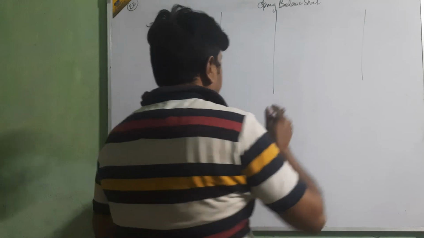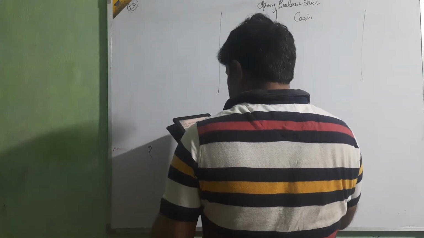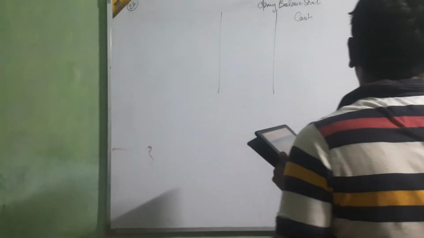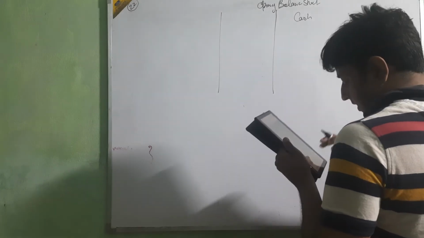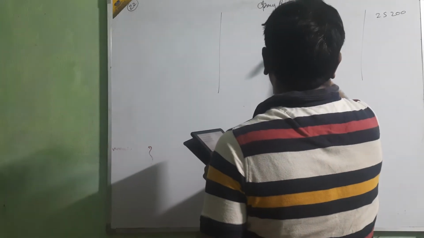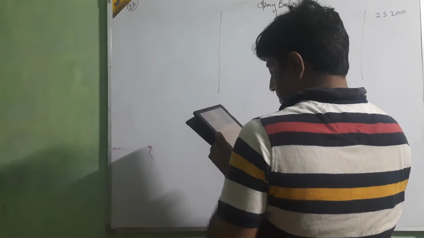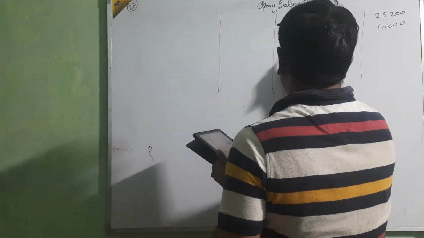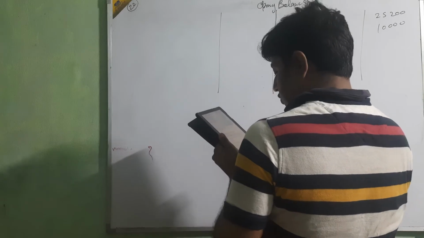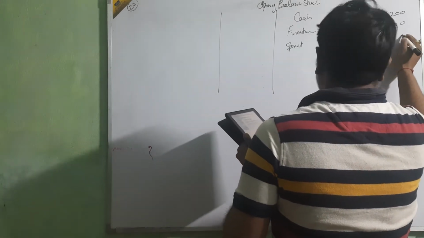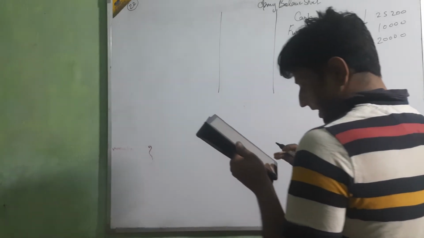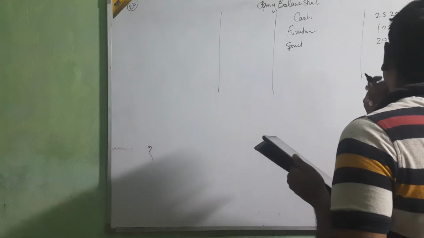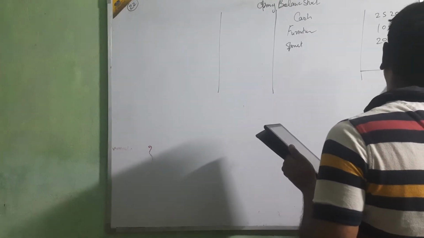Opening balance sheet, cash. That balance we are showing 25,200. Then outside just see furniture. Furniture amount is 10,000 and sports equipment 20,000. Okay, beta. And depreciation is given. No need of depreciation. Anything else? This side total is